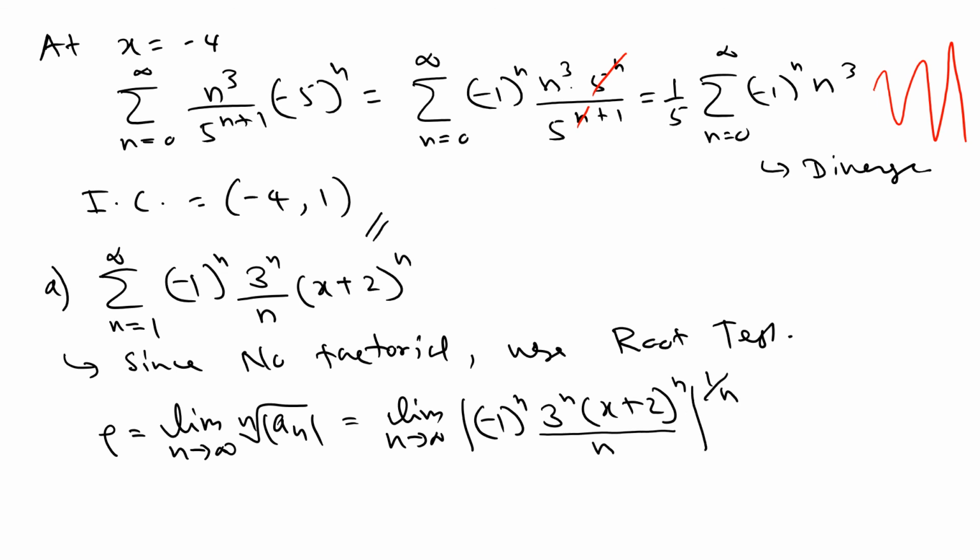First, we don't need the (-1)^n because its absolute value is 1, so we can disregard that term. After you apply the 1 over n to all the terms, the limit as n goes to infinity: